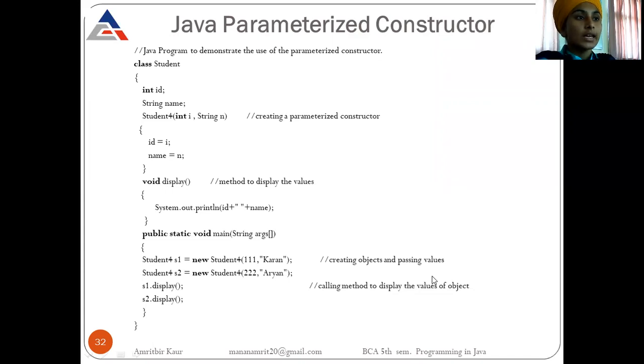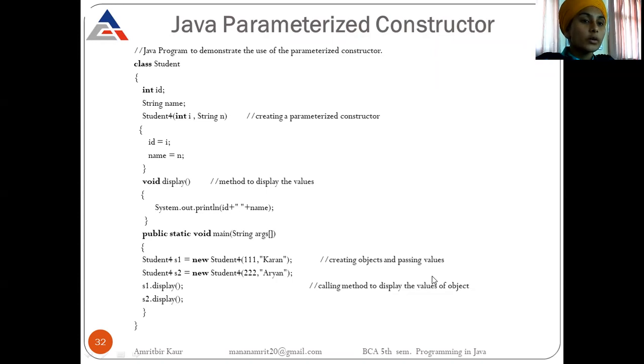So in short, to set default values for all objects, we can use a default constructor. If we want to pass different values to different objects, then we can use a parameterized constructor. But another thing we can note in these programs is that we wrote just one constructor in every program. In the default constructor program we wrote one constructor, and in the parameterized constructor program we also created only one constructor.